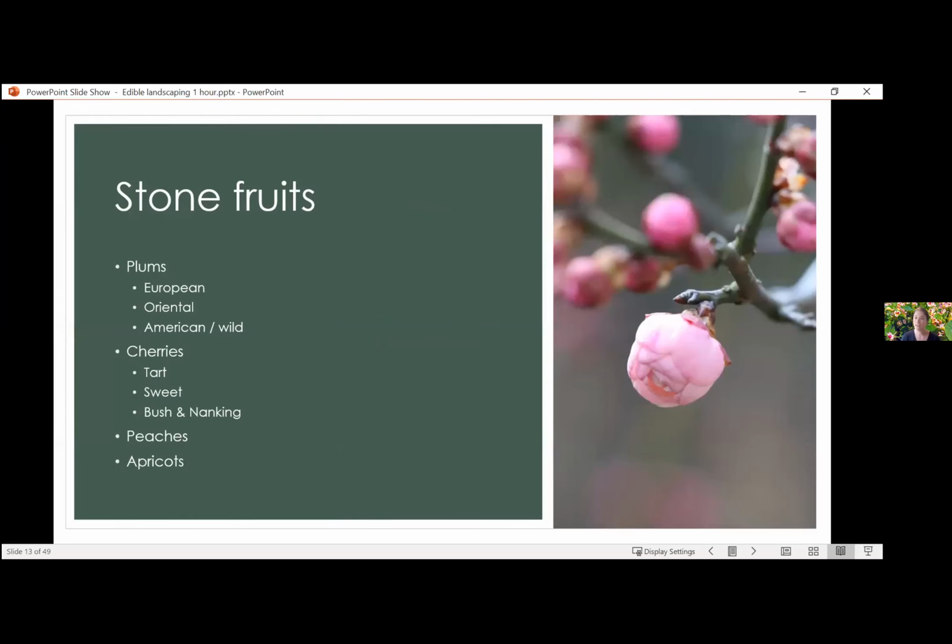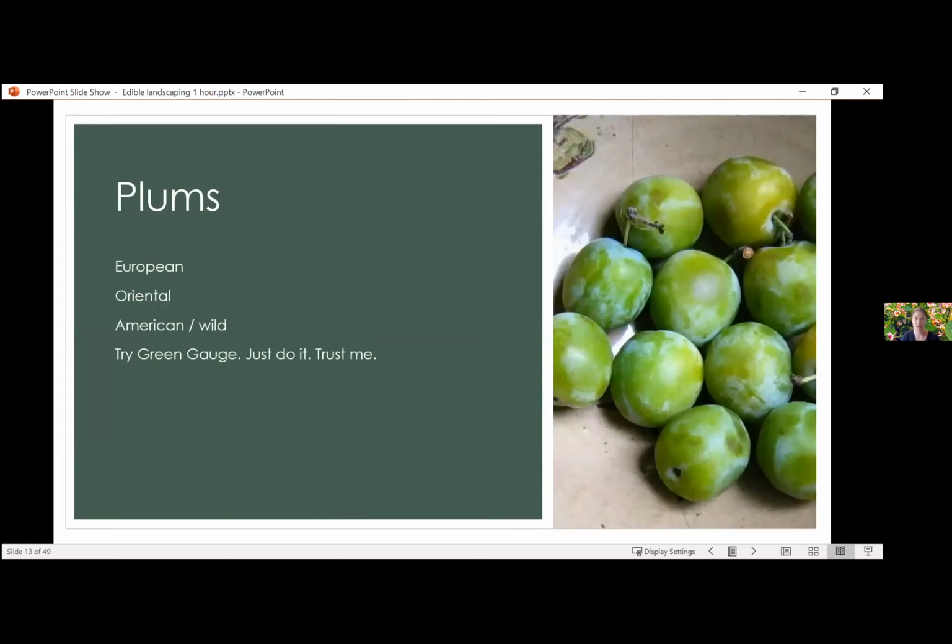So our next category of small trees that do quite well in Colorado, especially along the Front Range, are your stone fruits. So your plums, your cherries, and then this also does include the cherries and apricots, and I'll talk about those in a moment. Plums, there are a lot of different, actually I think I've got them all broke, yes. So plums, if you're looking at finding plums that you can,